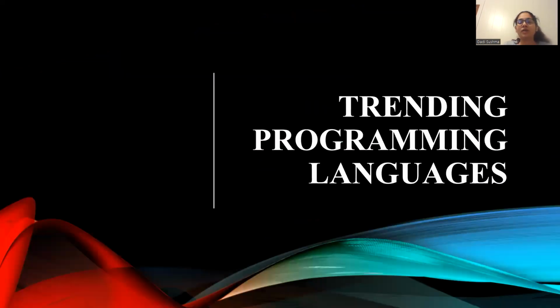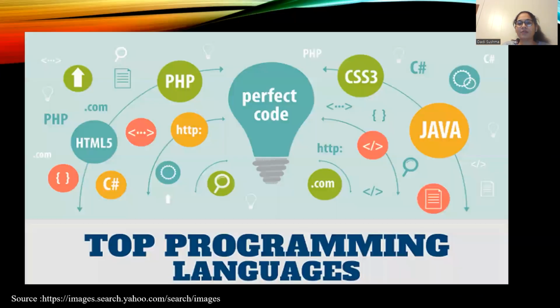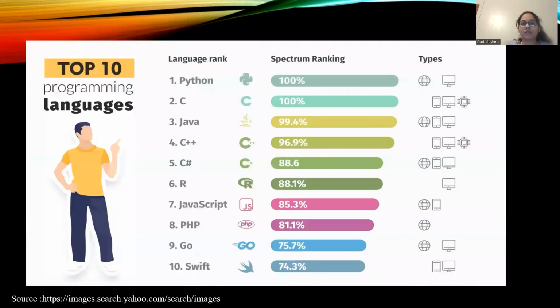So now we are going to see the trending programming languages that we have in today's world, like PHP, HTML5, CSS, Java, C, C++, and so on. So the top programming languages are Python, C, C++, R, JavaScript, PHP, Go, Swift, and so on. So those are all defined